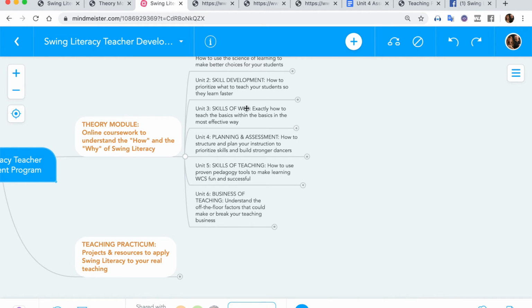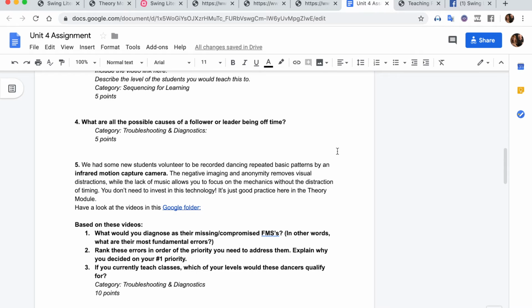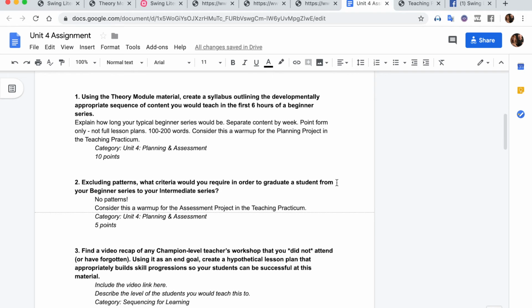So what happens is after each one of these units, there's an assignment. And the assignment is pretty short. It's a Google Doc. It looks like this. After each one of those units, we stop and do an assignment, and it usually takes most people about 2 hours-ish to complete. But they keep reporting over and over again that they actually really enjoy the assignments because